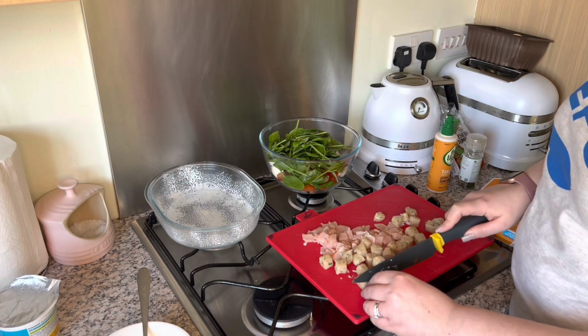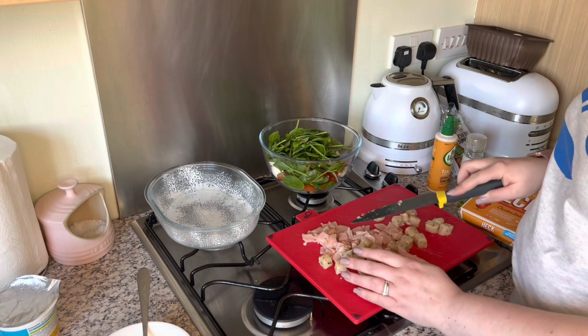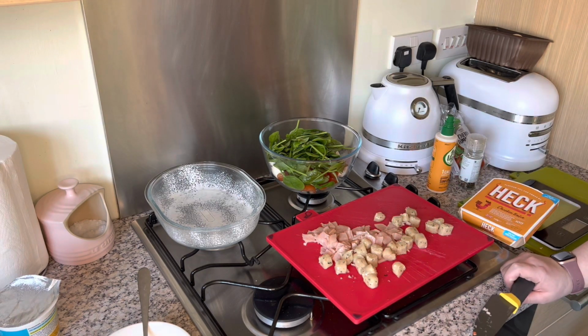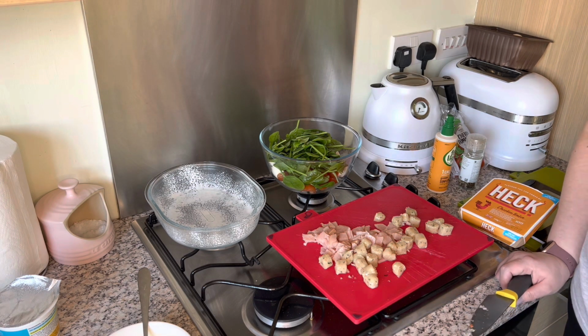Now, it's up to yourself. I didn't actually have time tonight to cook all of this sort of raw meat, if you like, beforehand. If you've got cooked meat in the fridge, you can use that to put in your quiche as well. And obviously it's whatever works for you, it's what you've got available in the house. So it's using up the leftovers with a little bit of egg and a little bit of cottage cheese, which most people I'm sure would be able to buy or have in their fridge already without spending too much money,